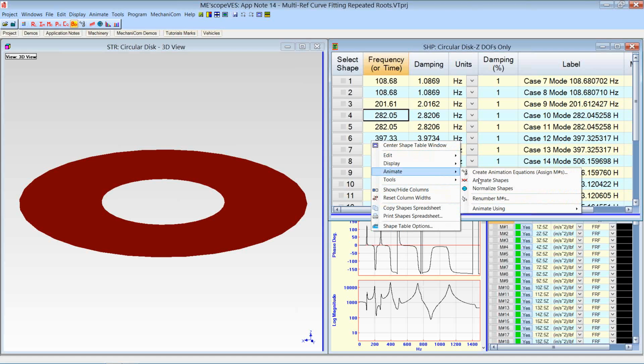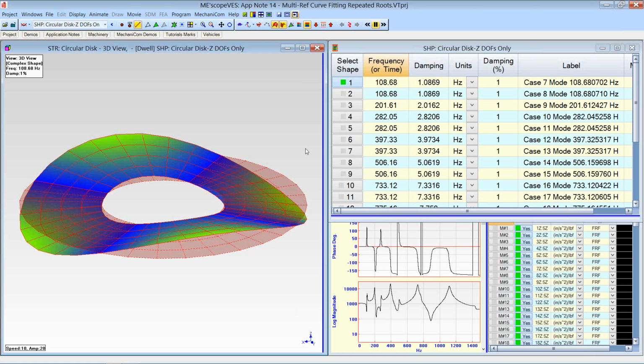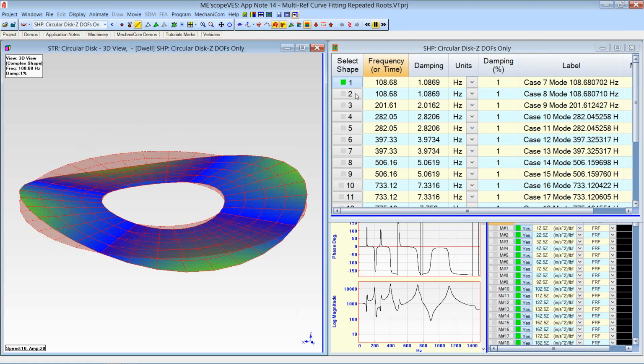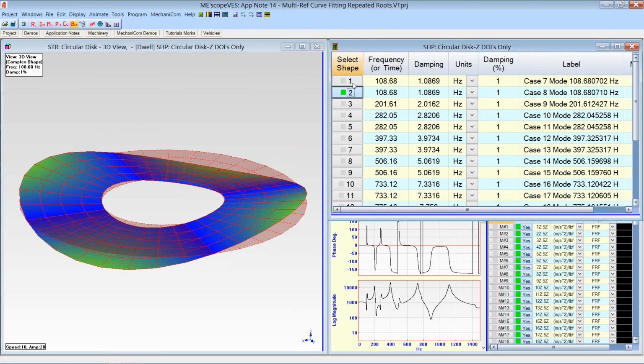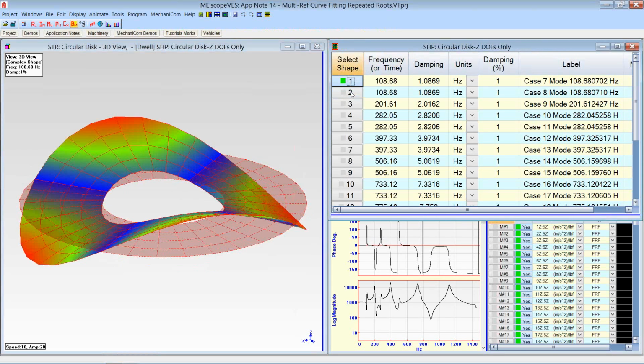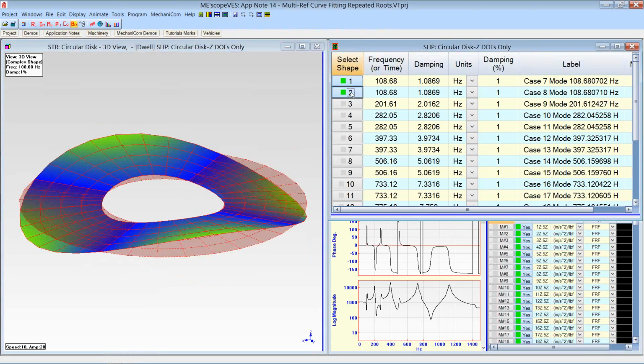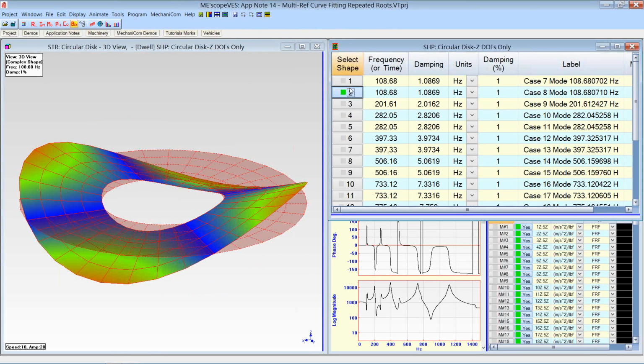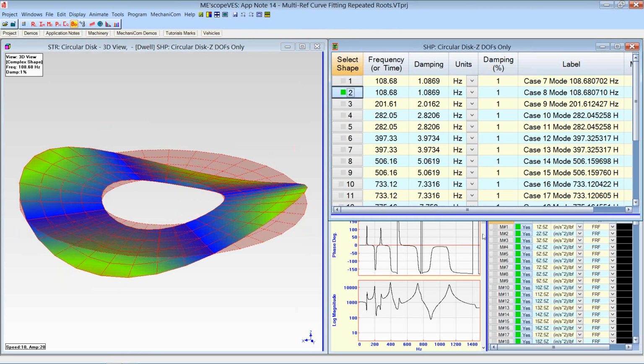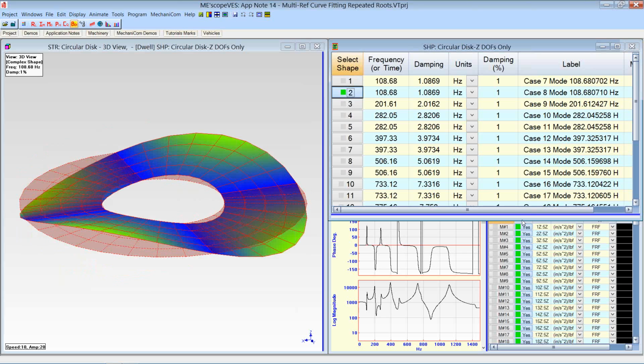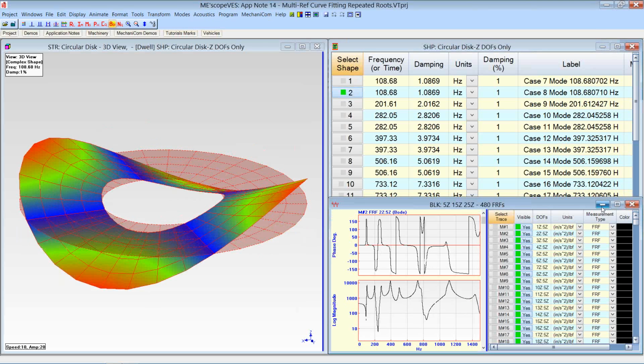I'm going to start the animation out of here. Doesn't matter, I can start it on either side. And again, if we make a copy, now this is multi-reference. I mean, this is single reference here. Let's go look at this data. Let me put this down for a second. And we'll just look at the,